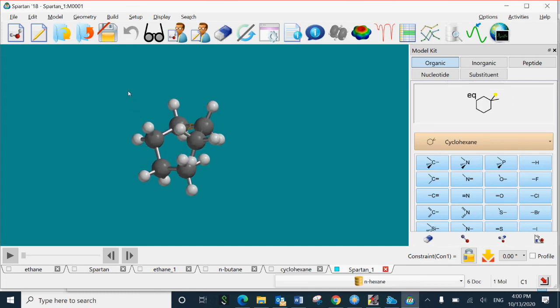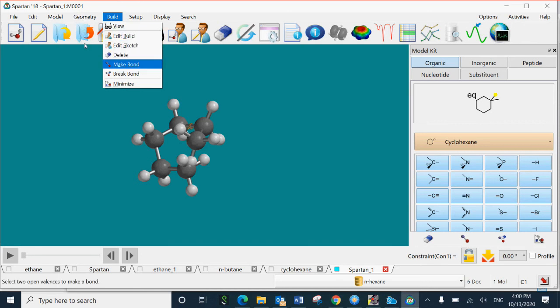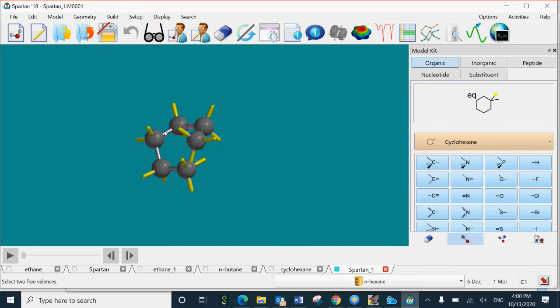So to make a bond, you go to build again. This time click on make bond. Here you can see this carbon has these 3 hydrogens, and the adjacent carbon also has 3 hydrogens. So you have to click on the tip of the hydrogen on one carbon which is not bonded.